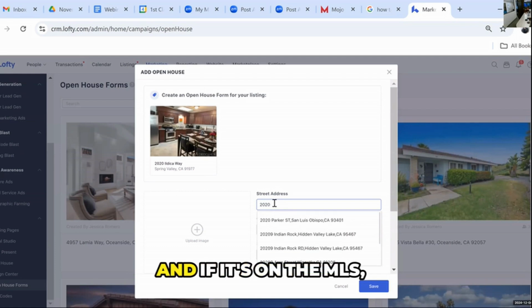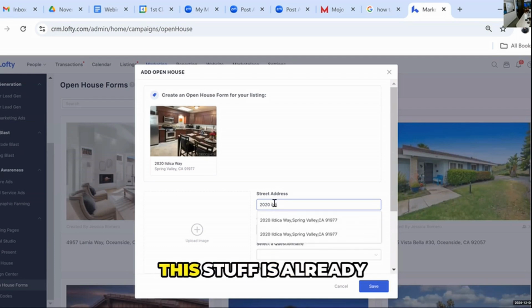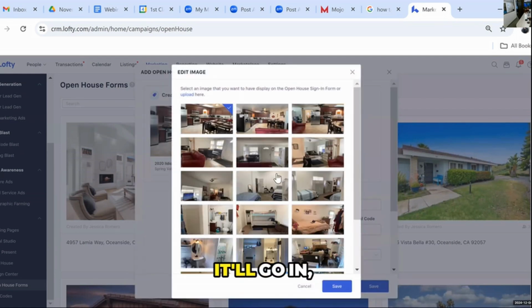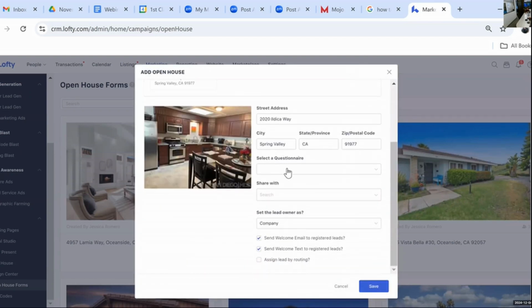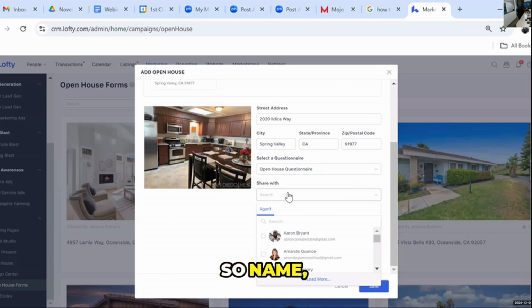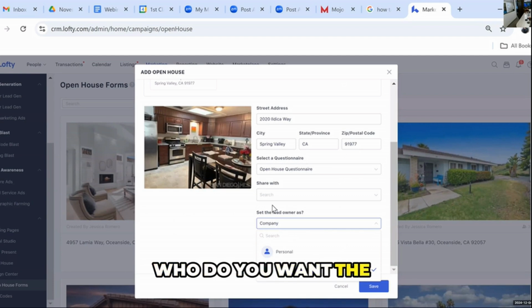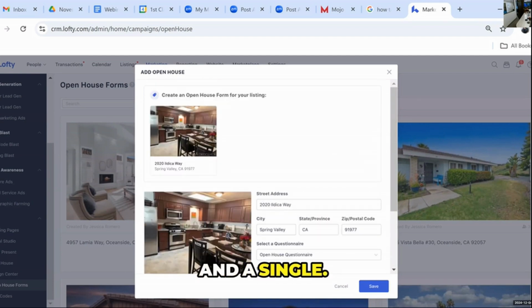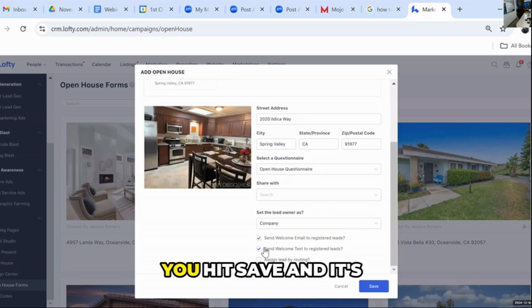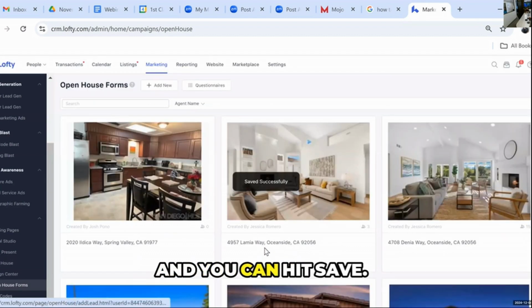If it's on the MLS, this stuff is already connected. It'll grab photos, you click save. I have a preset questionnaire up here for open houses: name, email, phone number. Do you want to send them a welcome email? Do you want to send them a text message? Who do you want the owner to be, which is obviously you in a single, and you hit save and it's done. And then when you open it up,